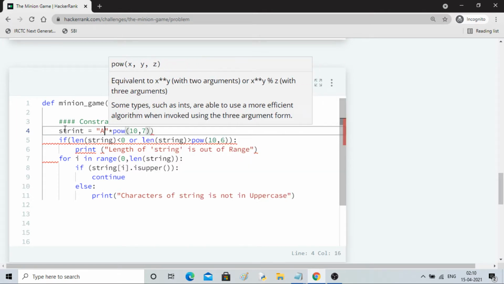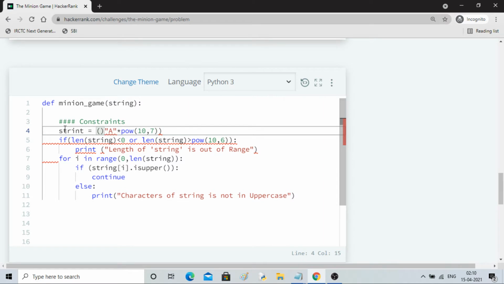This will be in brackets. So now what it will do is it will print the character A 10 to the power 7 times.